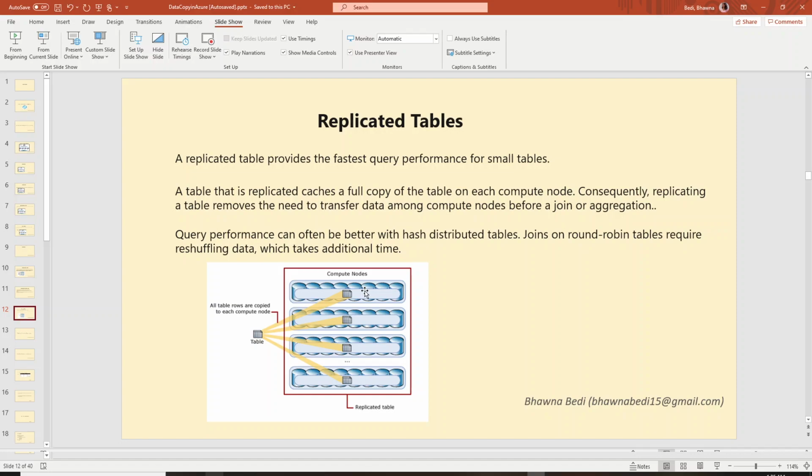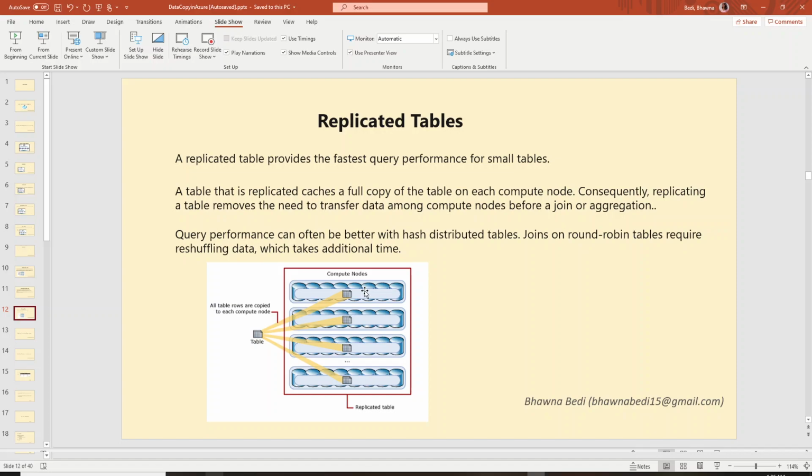Once the table is replicated over each compute node, and if you're trying to join or aggregate, there will be no data movement, right? Because there is already a copy of your table on each compute node. So without data movement, if you are easily able to process your queries, then obviously you will have faster query performance. That is what is called replicated tables.